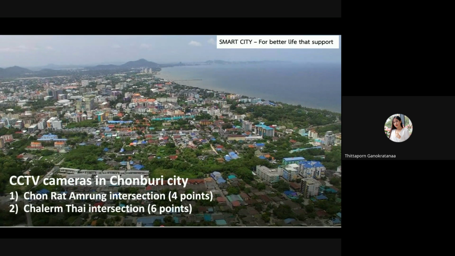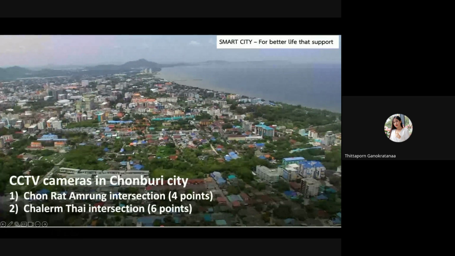So here I would like to add some of my projects that I have implemented in Thailand, in my country. We have implemented a security system in Chonburi city. I don't know if any of you have ever heard of Chonburi. Actually, Chonburi is a province in Thailand, and Pattaya Beach is there. Yeah, very famous. Pattaya is located in Chonburi province, and we have installed our system